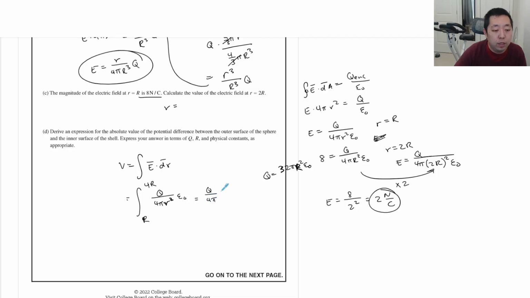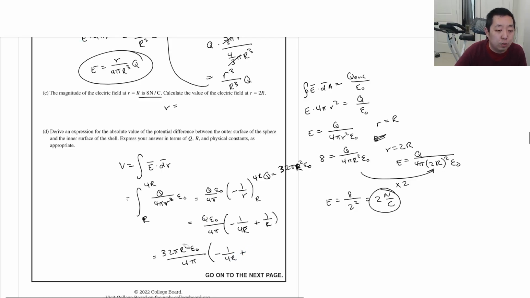What's the integral of 1 over R squared? It's negative 1 over R, from R to 4R. So this would be Q over 4 pi epsilon naught, times negative 1 over 4R plus 1 over R. And we know that Q is equal to 32 pi R squared epsilon naught, so this is 32 pi R squared epsilon naught over 4 pi times negative 1 over 4R plus